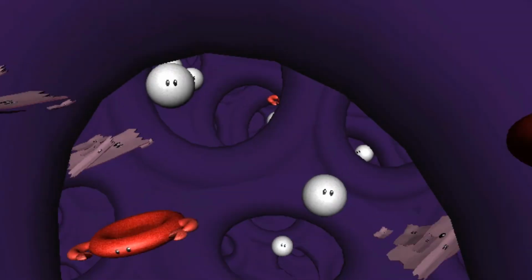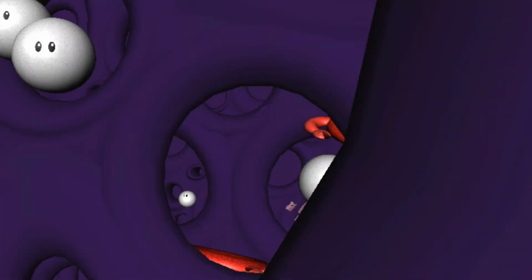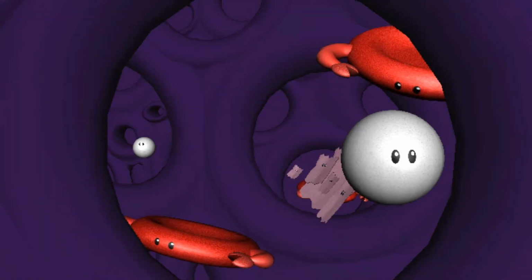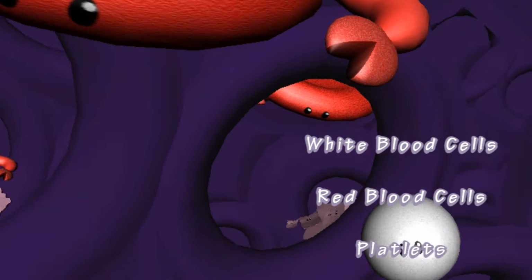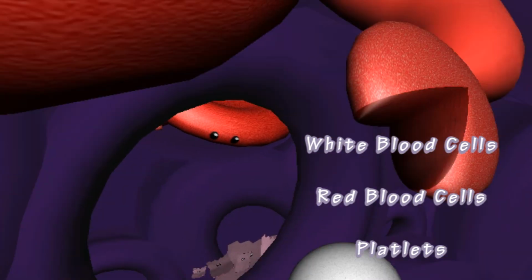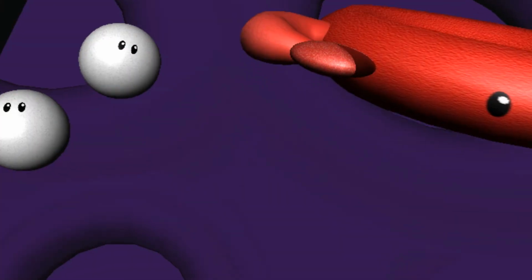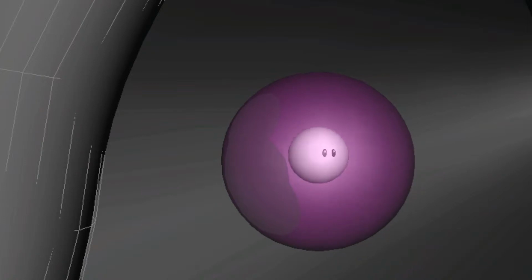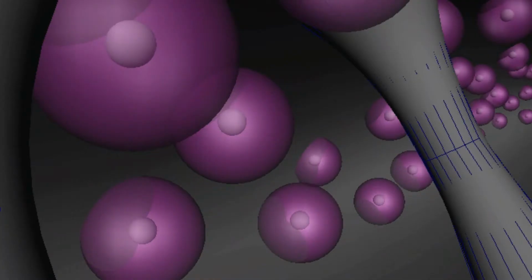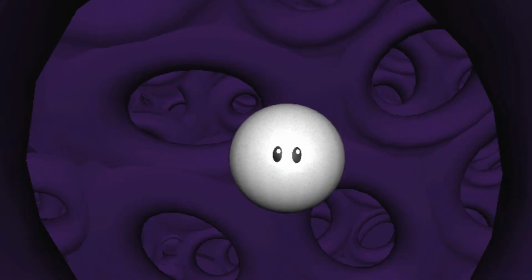The body needs to make billions of blood cells a day. Because of this, the bone marrow has to operate quickly and efficiently. It makes white blood cells, the body's doctors, red blood cells, the oxygen carriers, and platelets, which are like internal plasters. All the different blood cells are grown from stem cells. The cells then mature in the marrow and are released into the bloodstream to take their part in the running